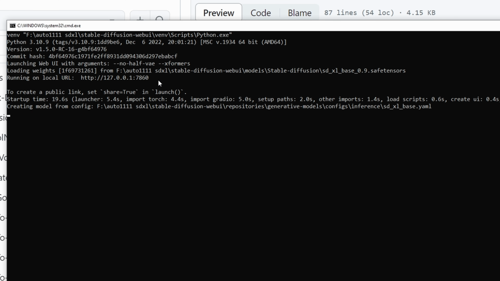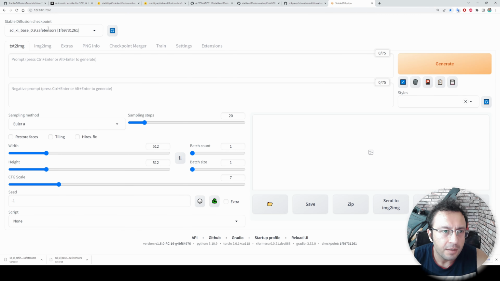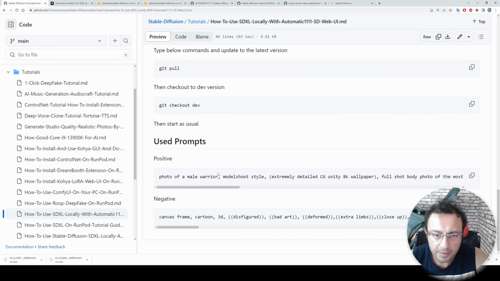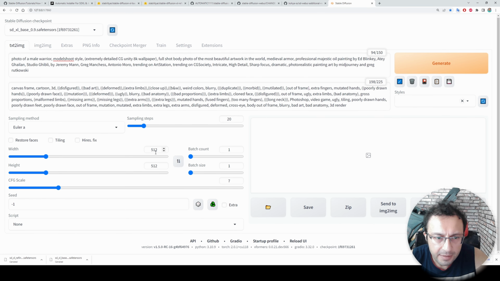Once you started your instance, you will get your local running URL like this, and you see it generates the SDXL base YAML file automatically this time, so we don't have to waste time with YAML files. So let's open our Web UI, and now I can see SDXL base version is loaded like this. We can generate anything we wish. So I prepared a prompt to test out. Copy the prompt here. Let's paste it here. Copy the negative from here. Let's paste it here. SDXL base resolution is 1024 and 1024. If you want to obtain the best quality images, then this is the resolution that you should use.